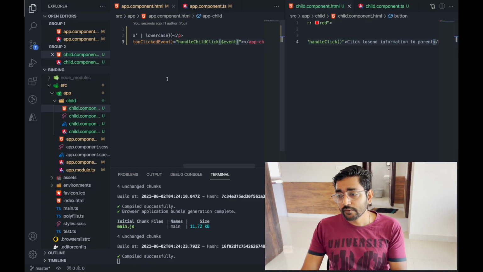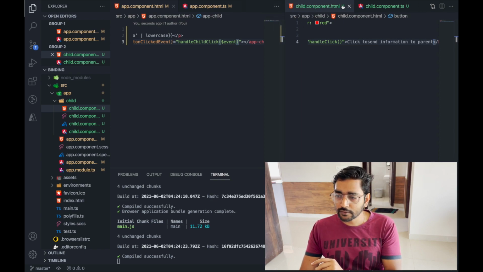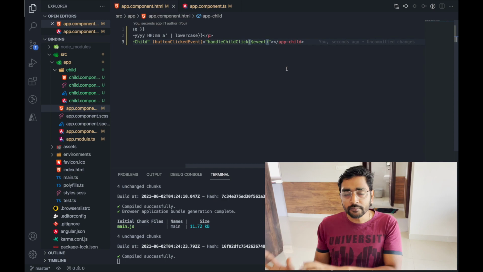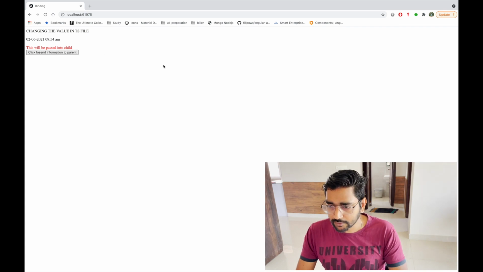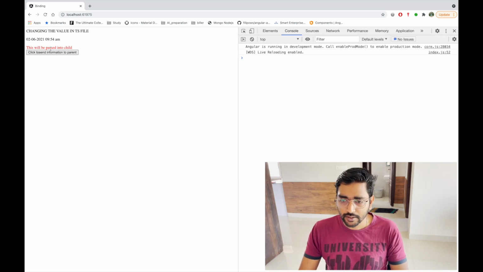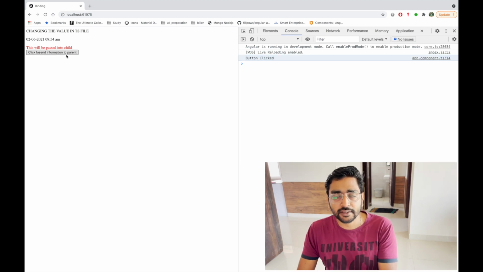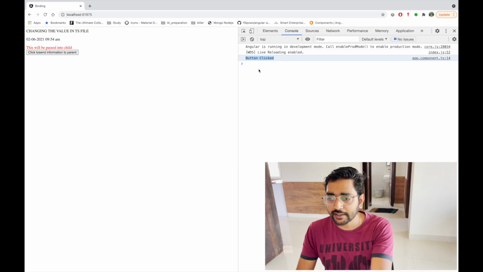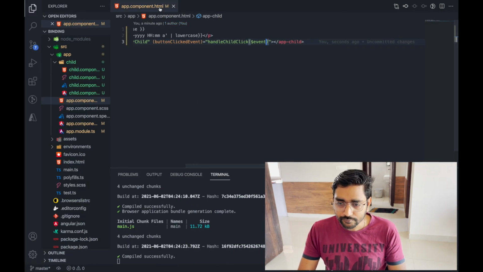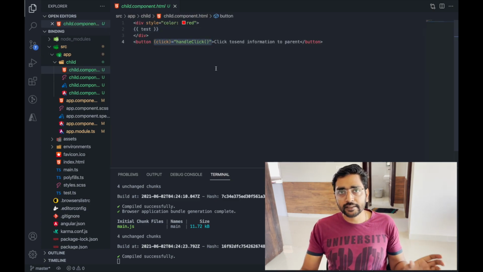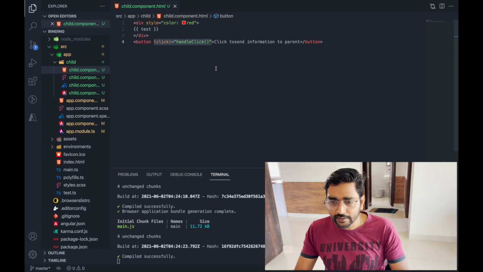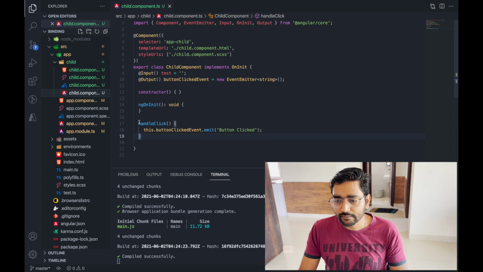Now we are using a very sophisticated way of sending information from the HTML file into the TS file. Let's first see the example. When we press F12, it brings up our console, and then we click on this, and you can see this is getting printed from the app component. This button is present in the child, and the information is printed from the TS file of the app component. Let's see the flow. First we have written that when a button is clicked, it handles the click event, and this event should go to the TS file in the child component. That is this guy where it is handling it.